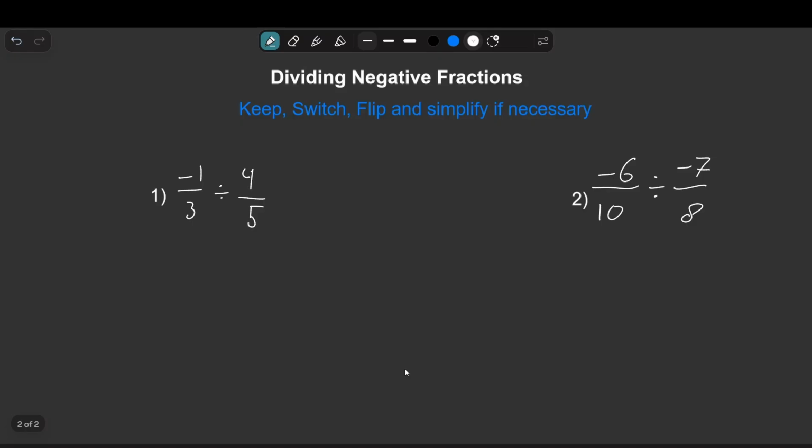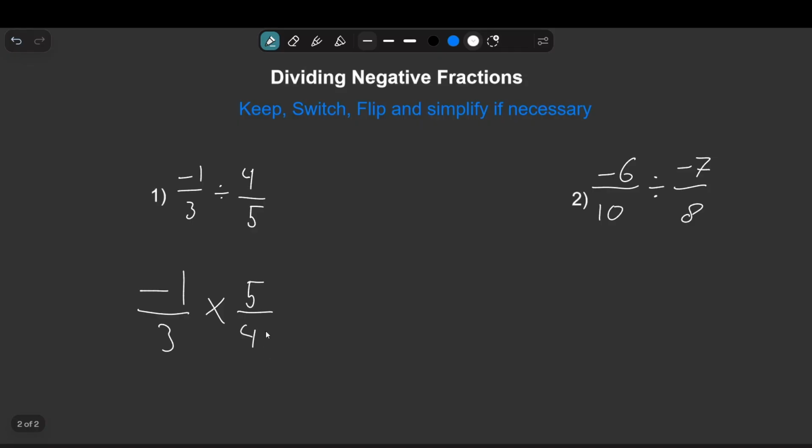Let's jump into our examples here, starting with number 1. So, we start with these 3 steps. Keep, switch and flip. We always keep the first fraction, so minus 1/3. Then we switch this dividing sign to a multiply. Now we flip these two to a